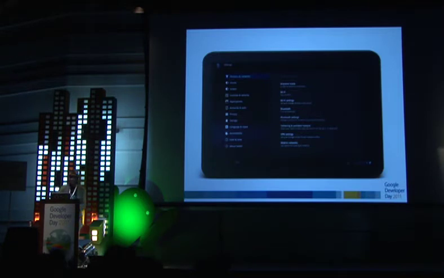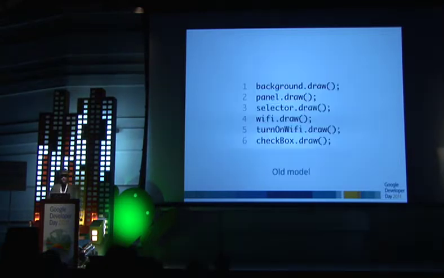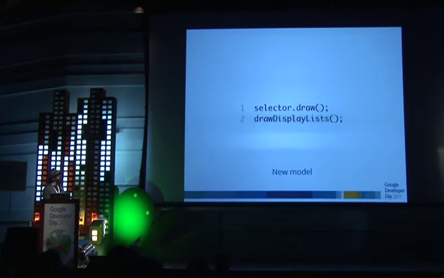And let's examine this as an example of what happens when we enable Wi-Fi in the settings on the Zoom. We're going to tap that and look to see what happens in both models. Tap. So this is what happens in the old drawing model. The checkbox gets hit, we turn on Wi-Fi, draw Wi-Fi selector panel, all of this drawing. Lots and lots of code. And in the new model, this is what happens. So only one tiny piece of Java gets executed, and the rest of it is entirely done in native code